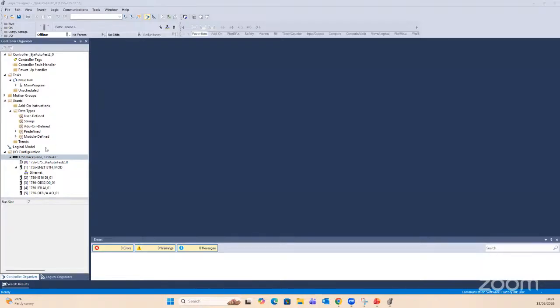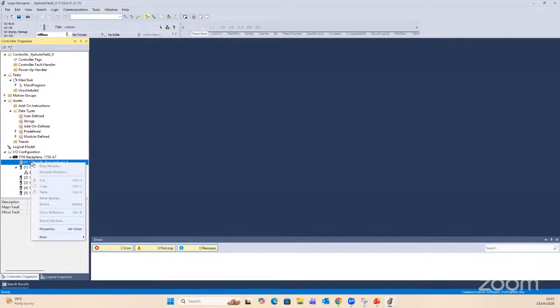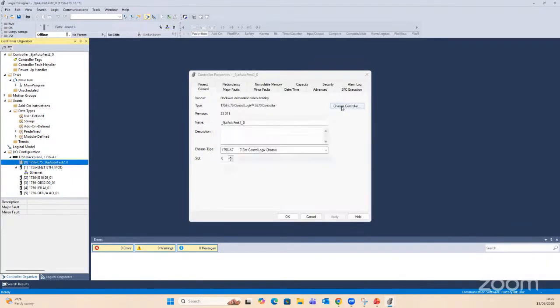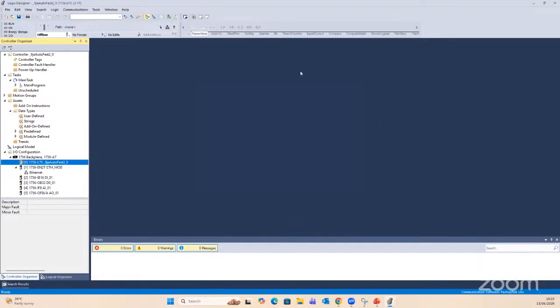So for me to run my controller, or for me to run an actual simulation of this process, I would change this PLC that I have here. I will change it to an emulator because